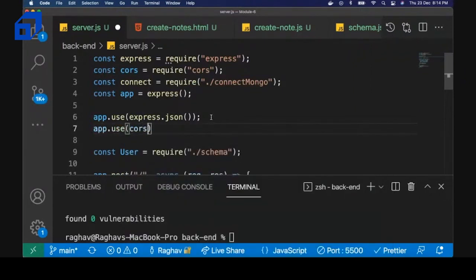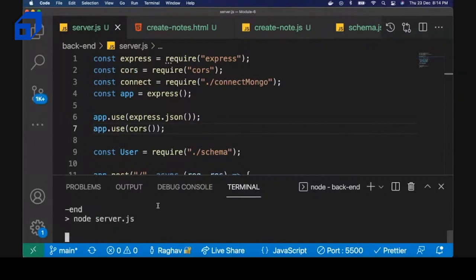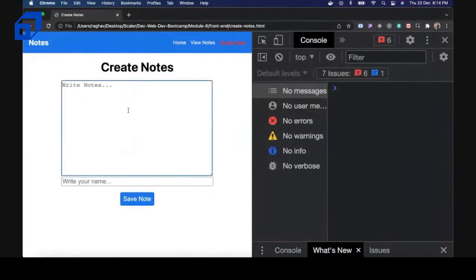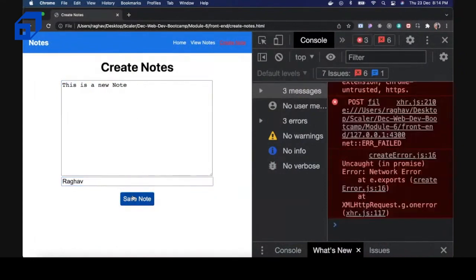So cors is a function. When I declare it, and again when I start the server, hit refresh, and the server has started. And now at this time when I hit refresh over here, and this is a new note, and my name is Raghav. When I click on save note,